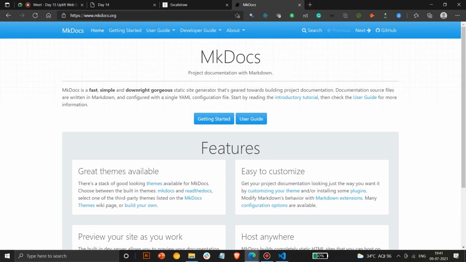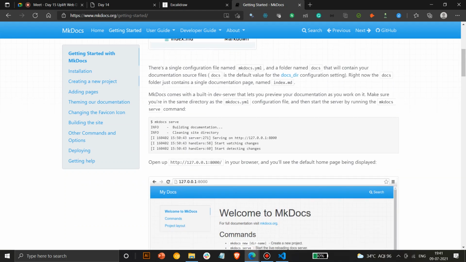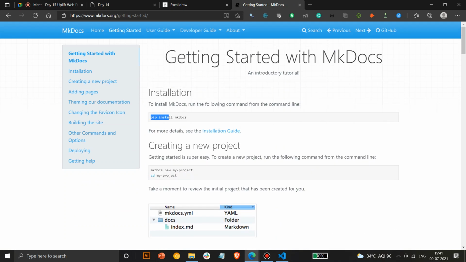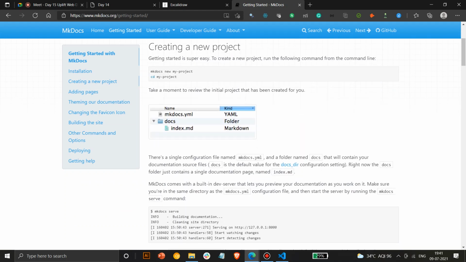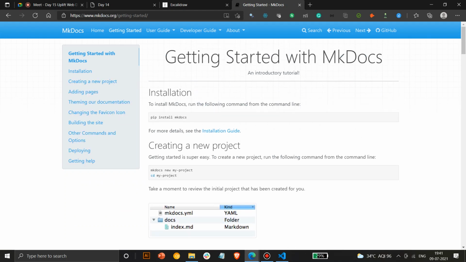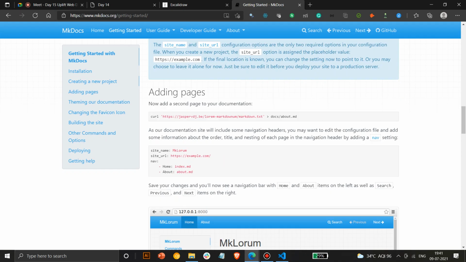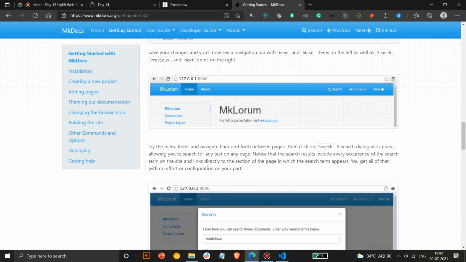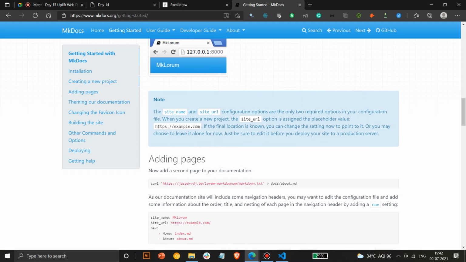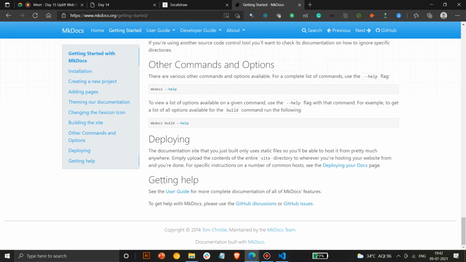A static site displays the same content anywhere you go. So MkDocs is a website specifically for documentation, and this website remains the same because the commands always remain the same. They won't change anytime. They won't have anything dynamic. You will have links there. You can redirect to other links, but the site doesn't have any action. So if you fill up a contact form here, it won't redirect to any page, or take your data.